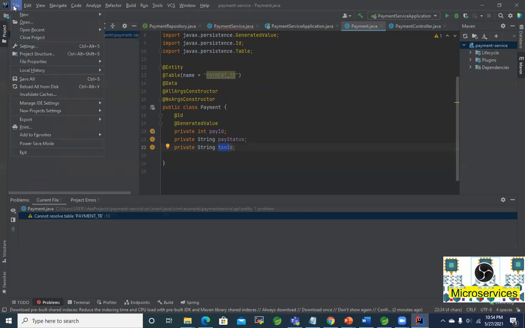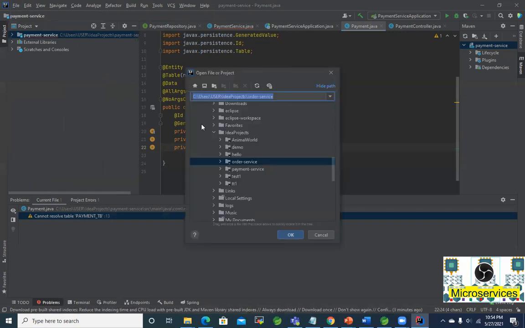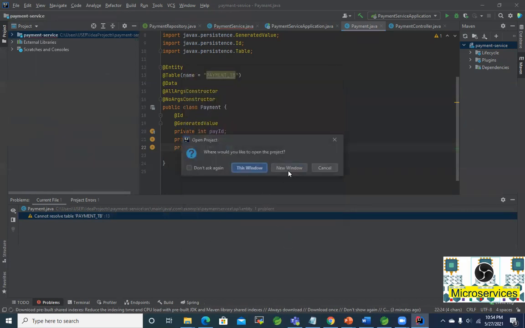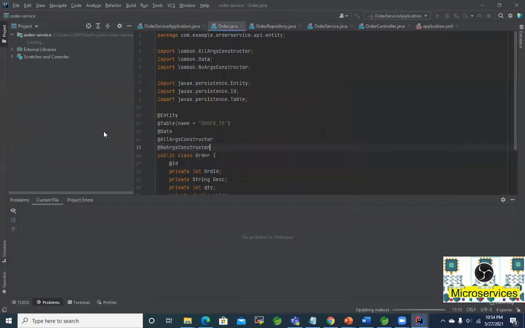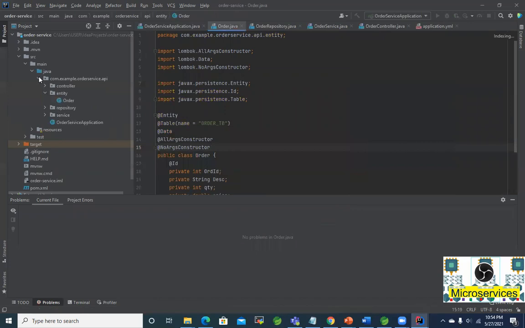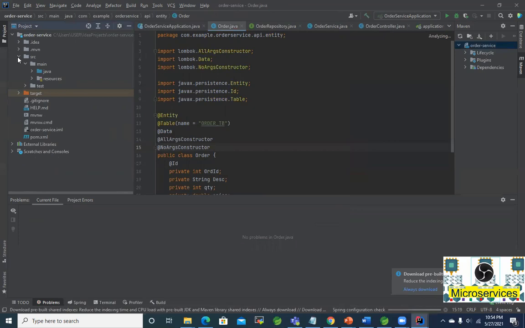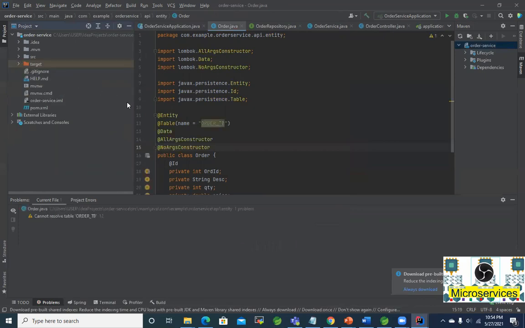Now, let me open another one for something called orders, right? Orders microservice, right? So yeah, this is order. Let me open that one. Open a new window, right? So similarly, I have the same structure for another microservice called order, right? So if I open that one, right,